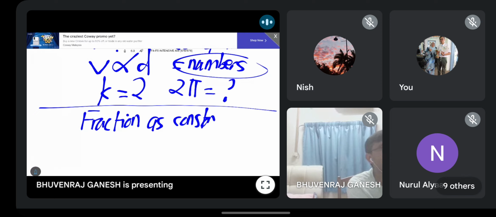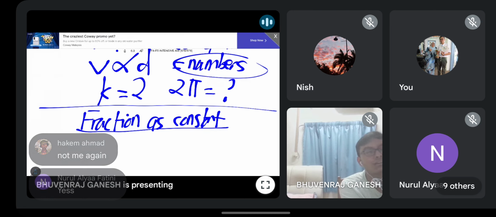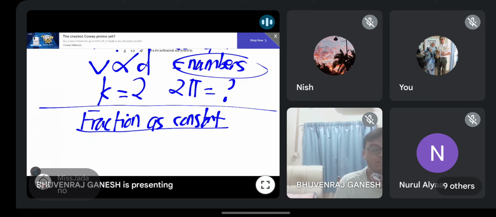Let me think of an easy one. Fraction as constant. Okay. Hakim, you asked fraction, right? So let me think. You all take physics here, everyone here. Do you all take physics? Because maths, I don't think got fraction with constant. Ambil lah. So I guna example. Oh, some don't take. Okay, never mind. I try to be fair to all. Let's say I use